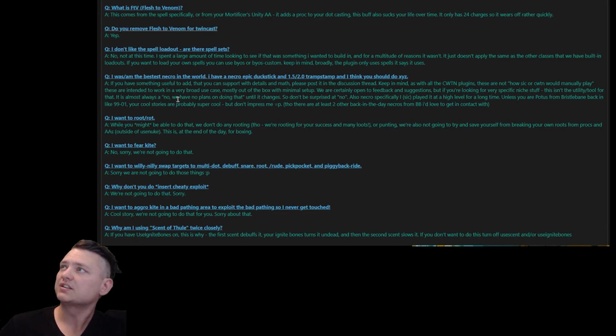Originally, when I started this, well, I'll read this. It says, no, not at this time. I spent a large amount of time looking into whether that was something I wanted to build in, and for multiple reasons it wasn't. It just doesn't apply the same to loadouts. If you want to load your own spells, you can use BYS or BYS Custom. Keep in mind, broadly, the plugin only...